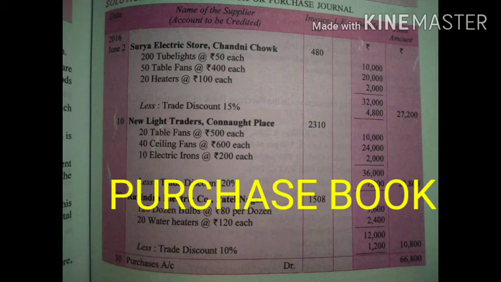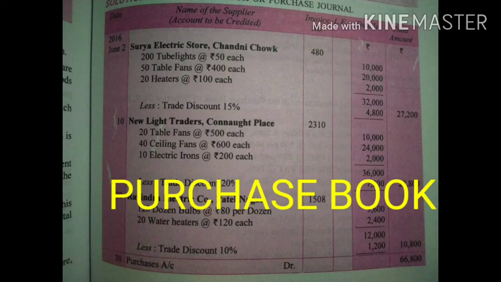Then comes the detail. In this column the values of all the items are shown, and then the total is made, and whatever discount is to be given is deducted, and whatever tax is applied is added. Then different amounts are shown here. Then comes the last column, the total amount. Whatever the net amount is, that is shown here in the total column. This way this book is made.